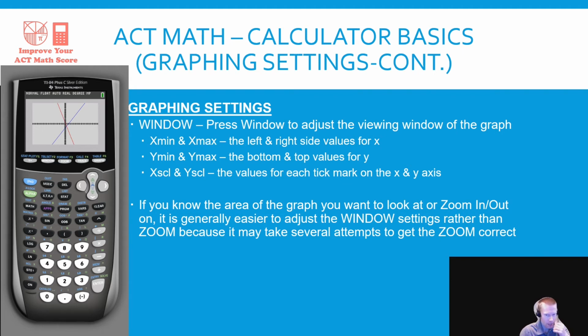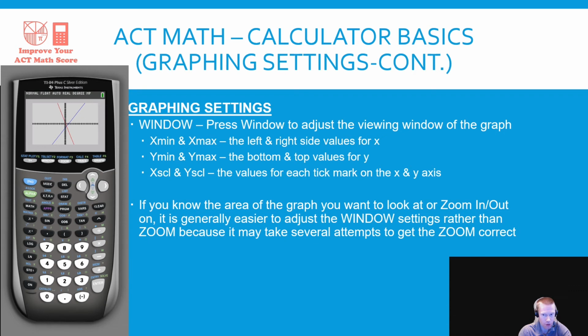Before I get into this and actually show you how it works, I want to mention that the window settings are helpful and easier to adjust than zooming, just because you can specify the specific values of X that you want, or specific values of Y that you want. So a lot of times it can be much easier to just go in and change the window settings when you're trying to get a good picture of a graph,